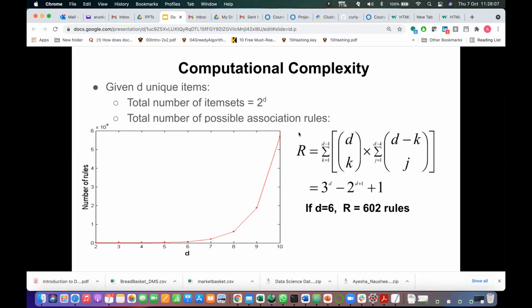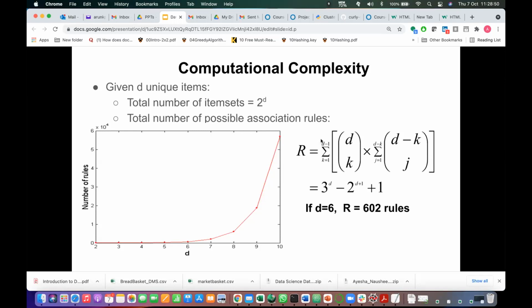Then the total number of possible association rules is equal to the sum over k equal to 1 to d minus 1 of d C k. Because left side first you are writing, left side how many can you take, minimum one element to maximum d minus 1. Why can't you take d, the maximum set with d elements? There should be some other element in the y items, otherwise it's empty and won't form any rule. So maximum you can take only d minus 1. That is k equal to 1 to d minus 1.